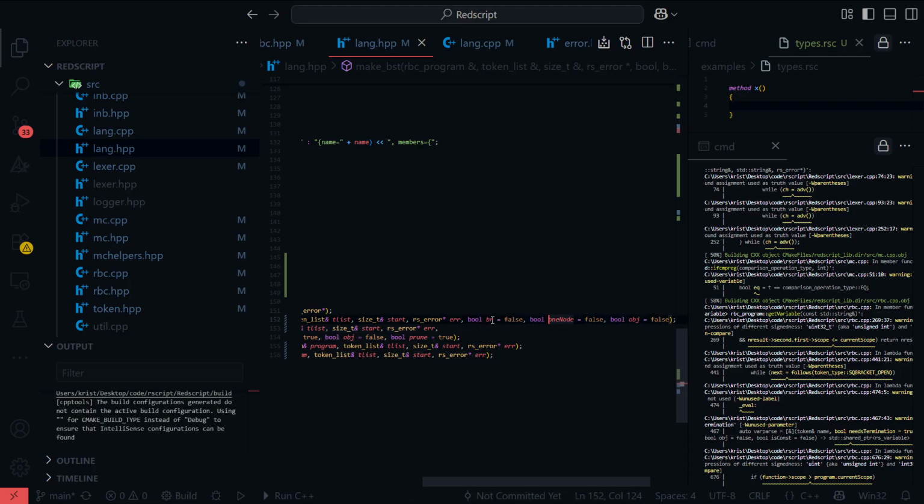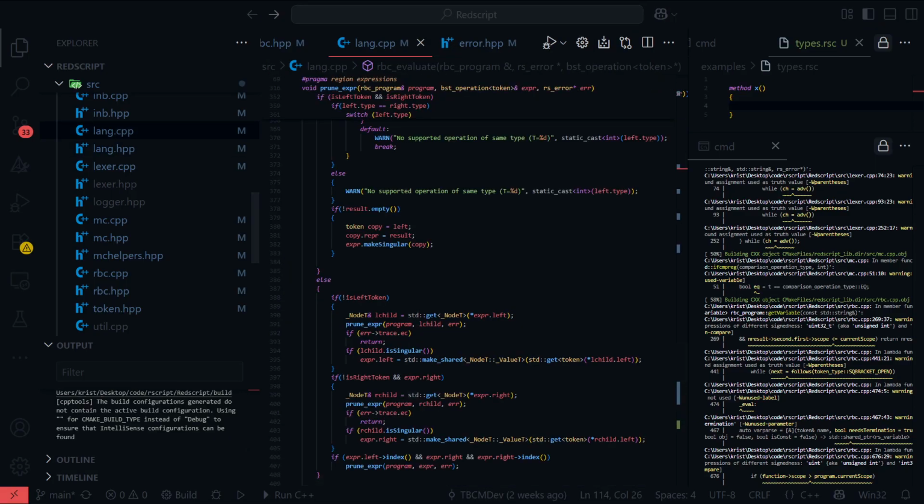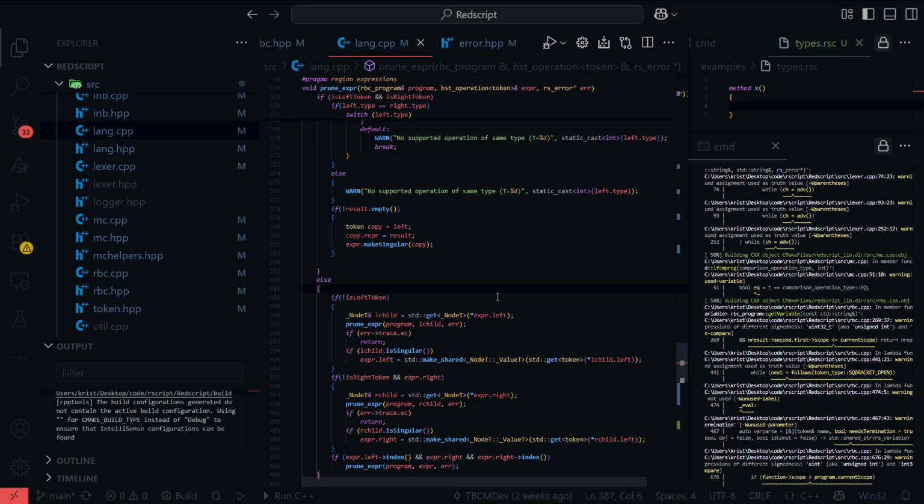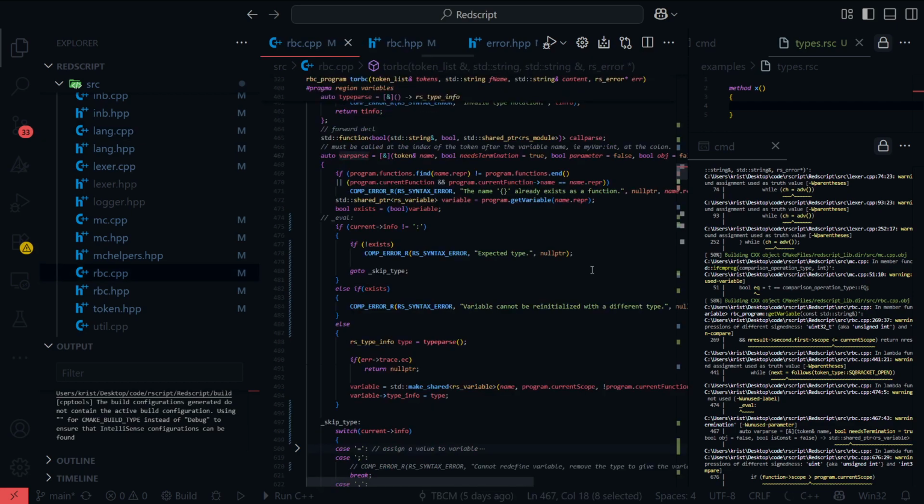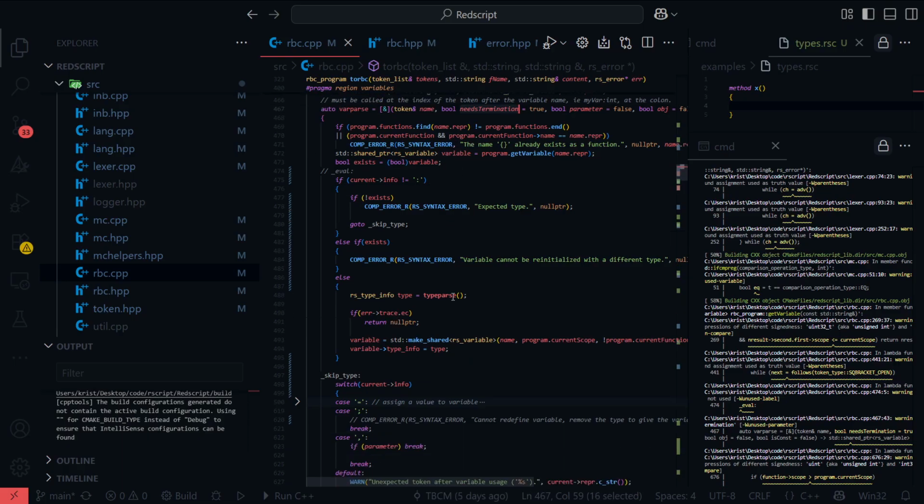You're right, I should definitely implement an object. But it's a bad habit. I promise, it's a bad habit. Yeah, so this needs termination when it has a colon. Okay, I need to implement this in a lot of places.